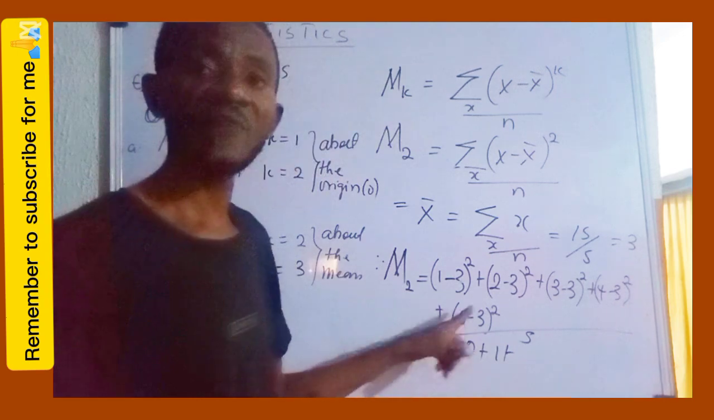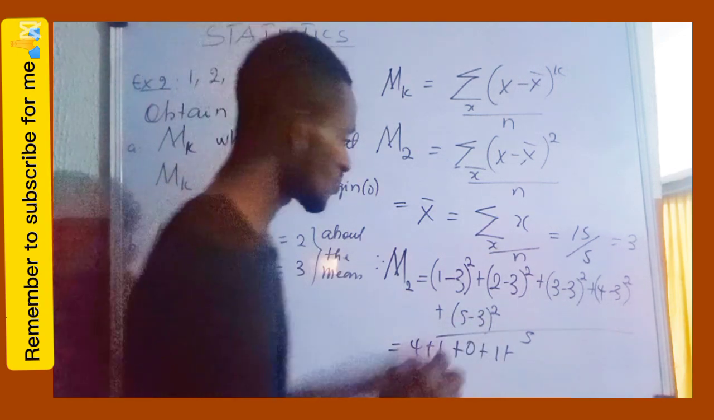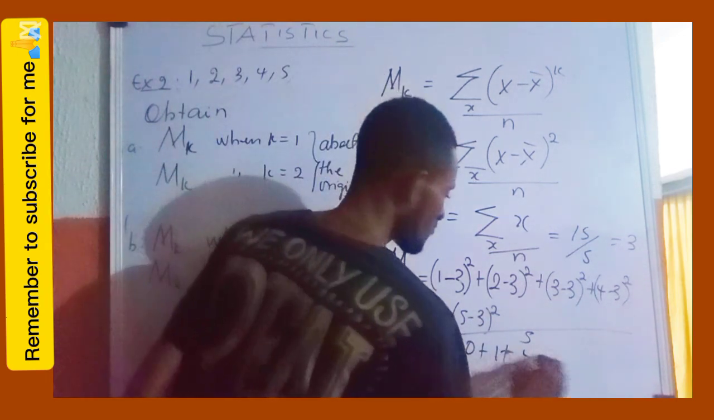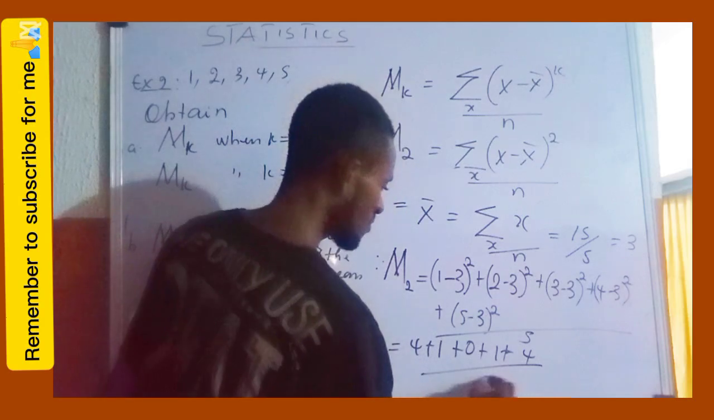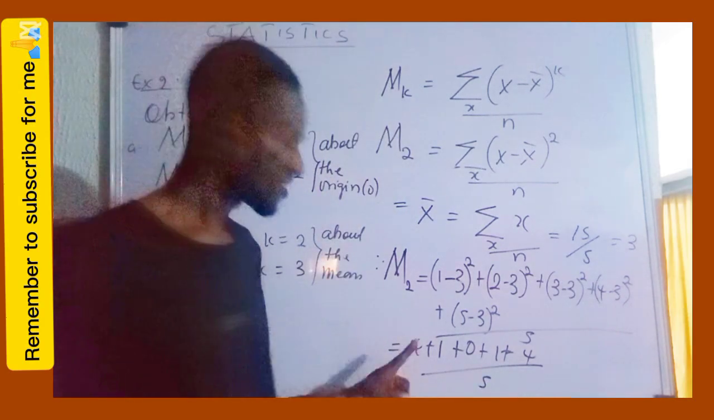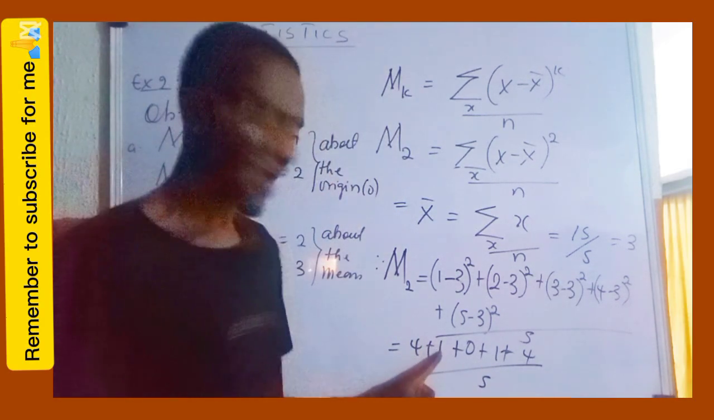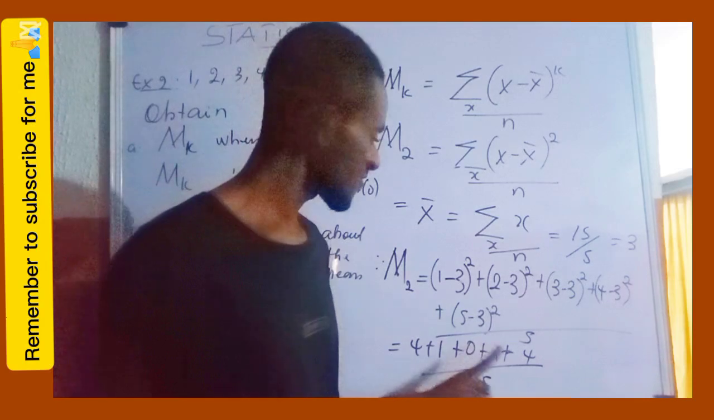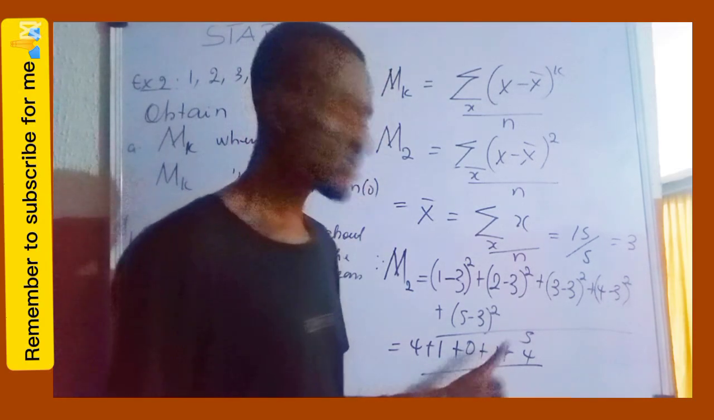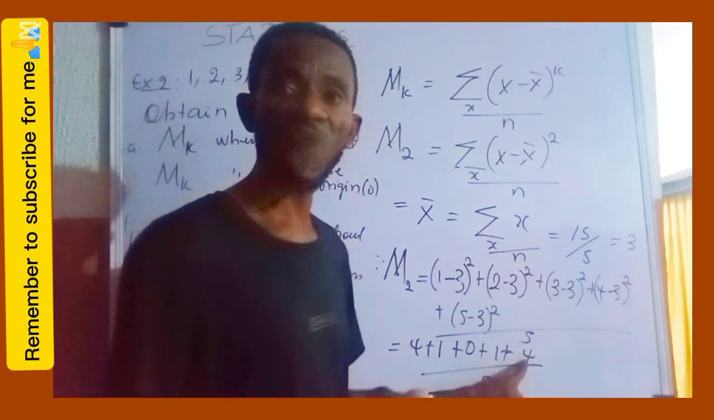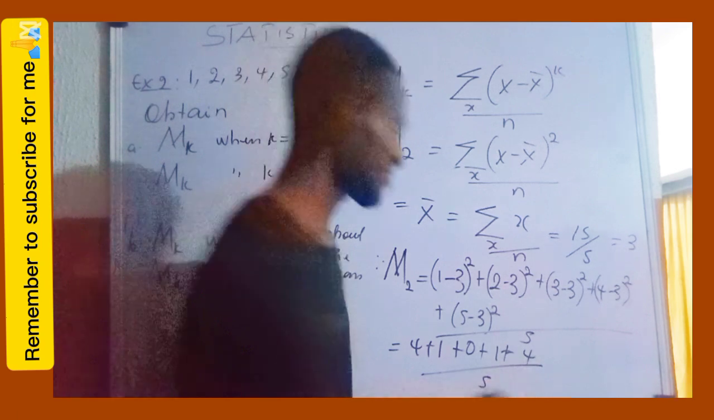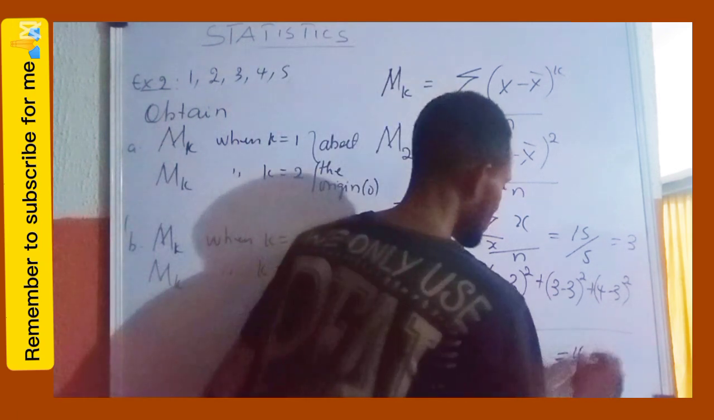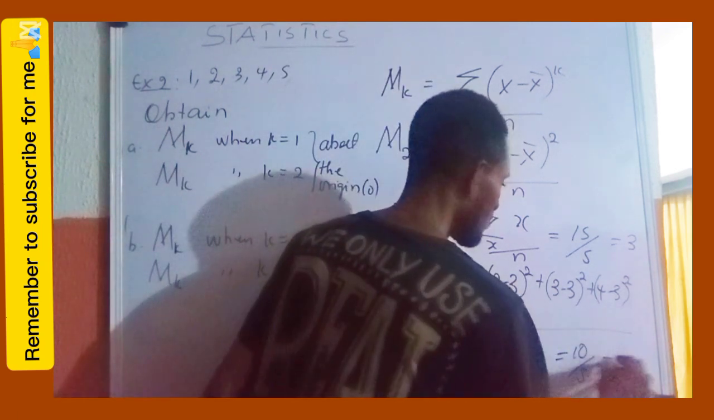Here is 5. 5 minus 3 is 2. 2 raised to power 2 will give you 4, all over 5. We come back here. 4 plus 1 will give me 5, plus 0 is 5, plus 1 is 6, plus 4 will give me 10. So I have that this is equal to 10 all over 5, which gives me